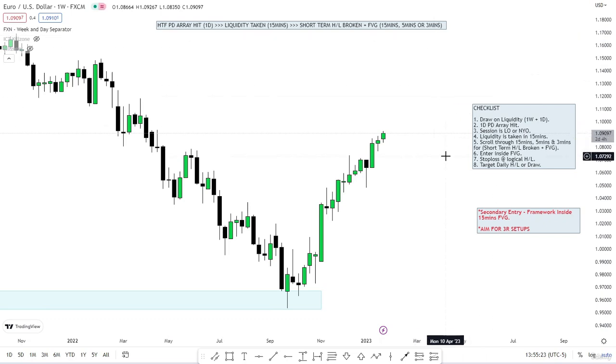So we have a checklist for the setup here. You want to be looking for the drawn liquidity on the weekly plus daily. Of course you want to focus on the daily, so the weekly will just support the daily. Then